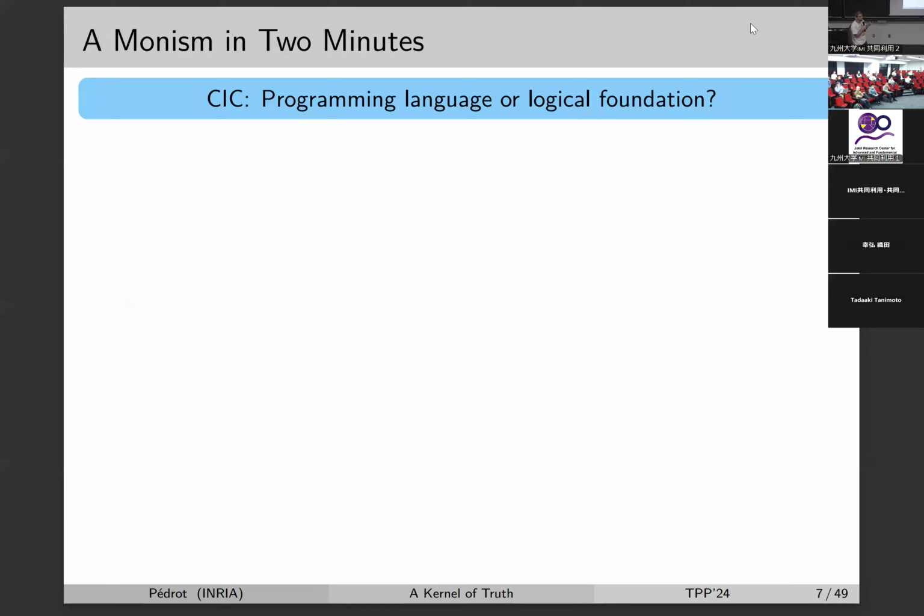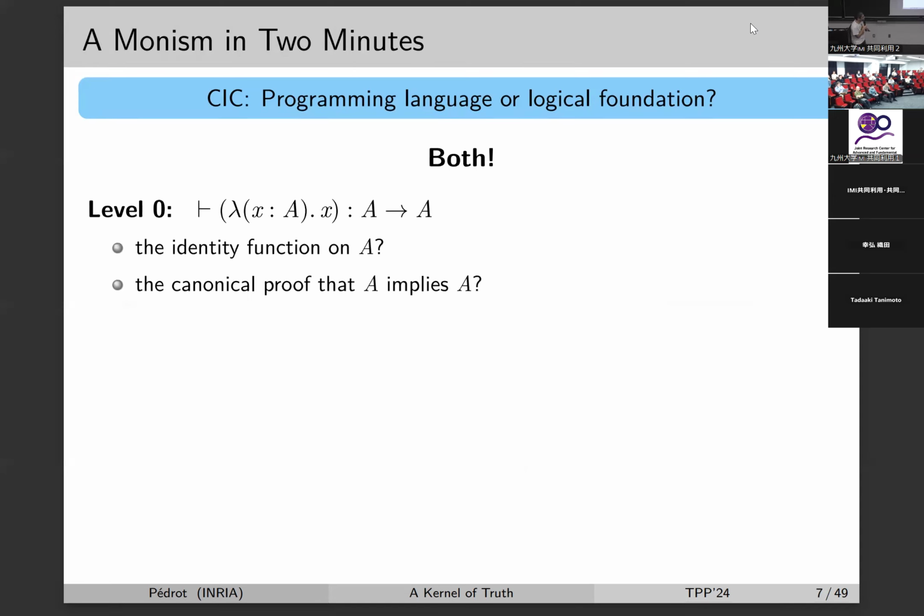Okay, so to be on the same ground, in a very short amount of time, I'm going to tell you what CIC looks like. Is it a programming language or a logical foundation? It's a purely rhetorical question. It's both. Depending on your point of view, you can use it as a programming language or a logical foundation. So if you start from the very beginning, level 0 complexity, you've got this nice function here,